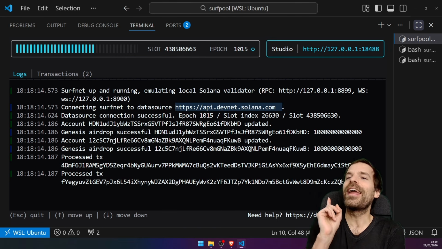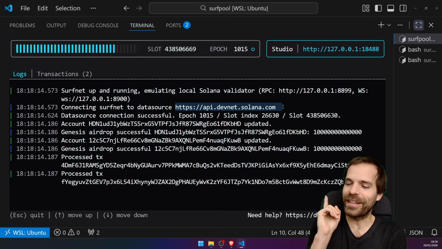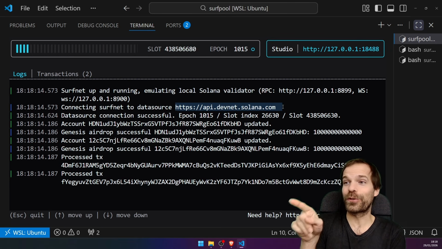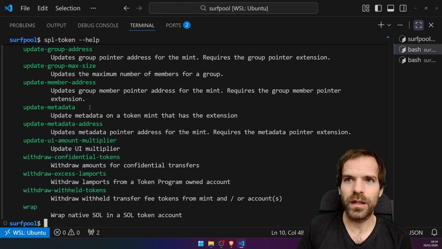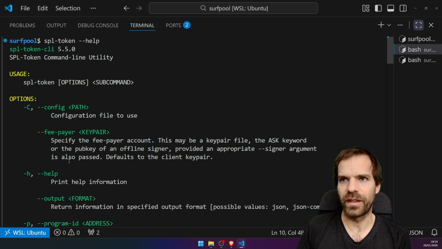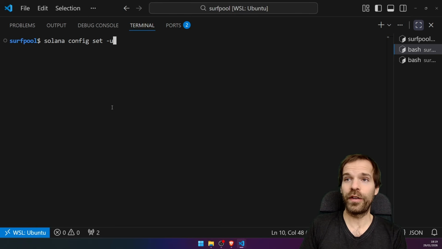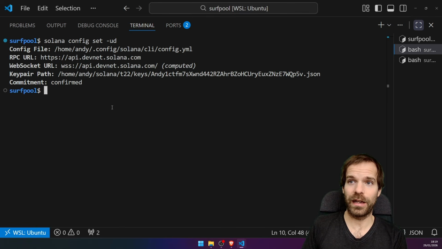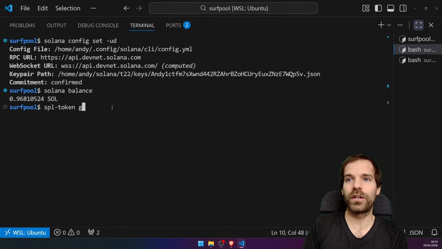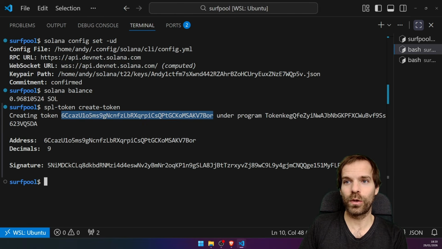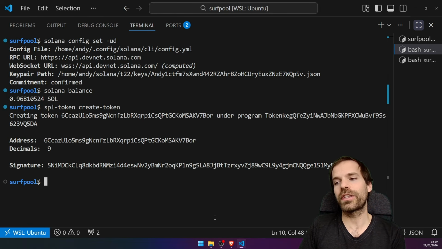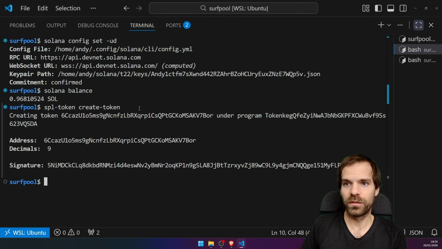So now it is trying to behave like Devnet. And it's going to load my accounts from there. Cool. Because what we can now do is we can go to Devnet. Right, SPL token doesn't allow me to set a cluster, right? Yeah, this is so annoying. Okay, fine. So if I go to Devnet with my CLI and then I run SPL token create token, we're creating the 6CZ token. Obviously, this does not yet exist on local